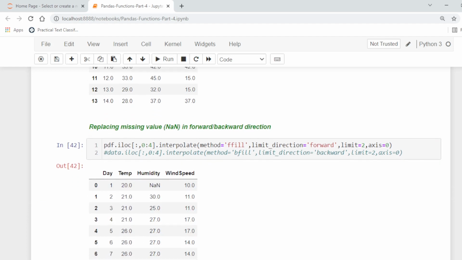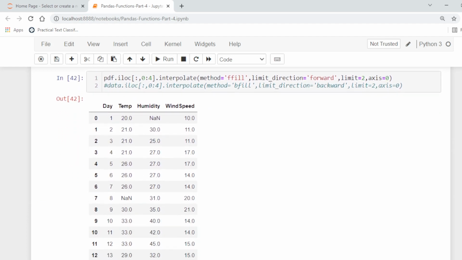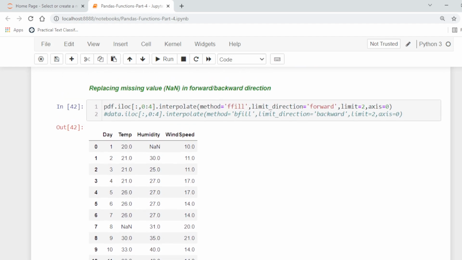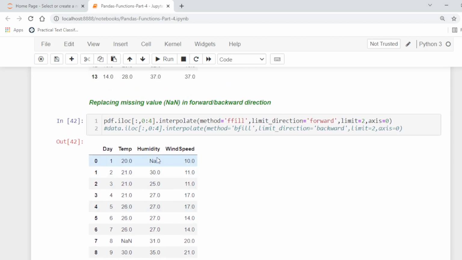Here the direction is forward and the limit is 2, so it will use the previous value. Again, the humidity for the first day is missing, because there is no previous value before this one, so it will leave this missing value without filling or estimating it.